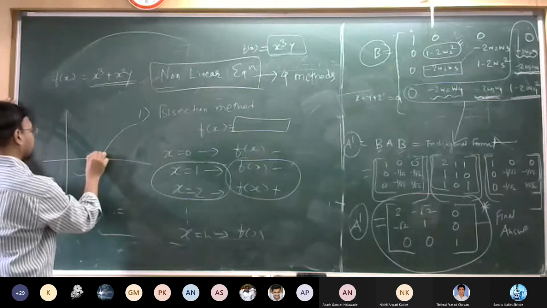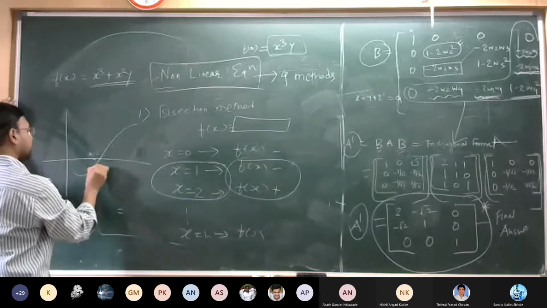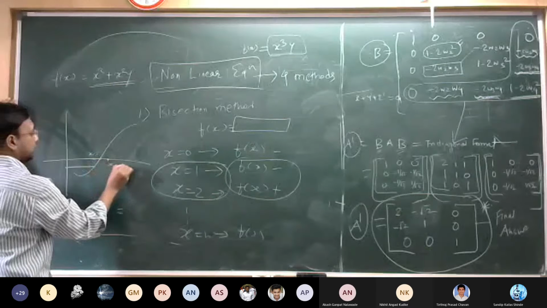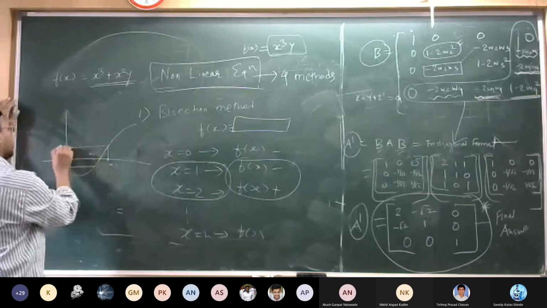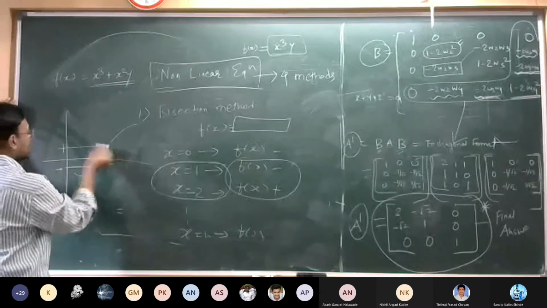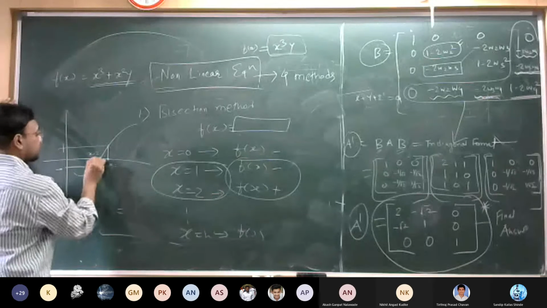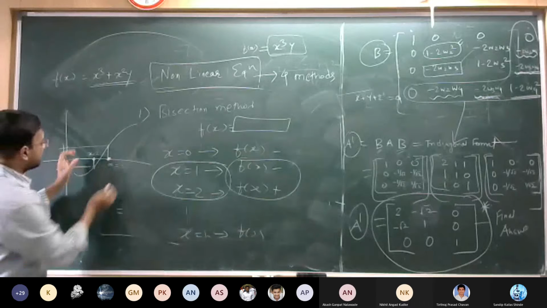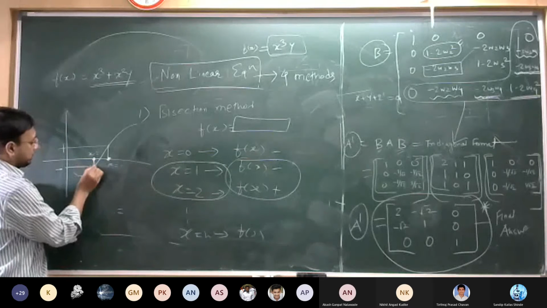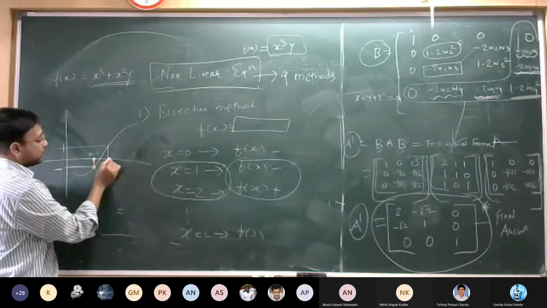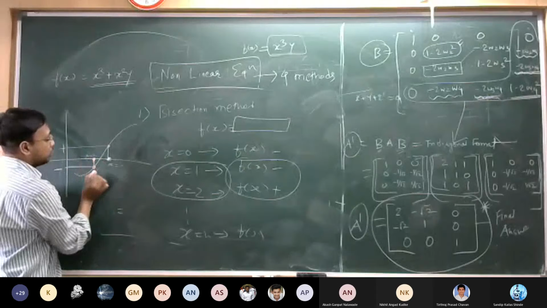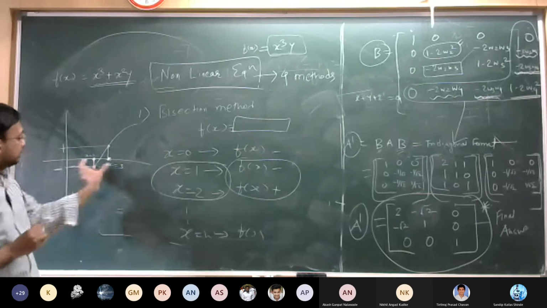When I put x equal to 2, it is going to give a negative answer. When I put x equal to 3, it is going to give a positive value. So we can say the solution of this particular equation is lying between 2 and 3, because the sign has changed. With the previous value it is negative, and with the next value it is positive. So the solution is in between x equal to 2 and 3.